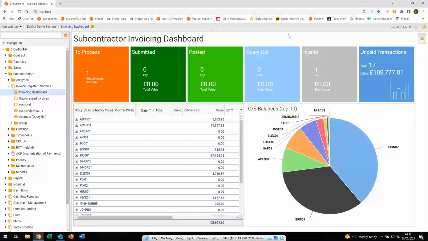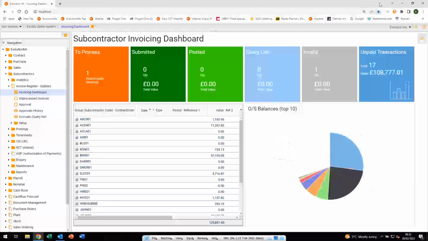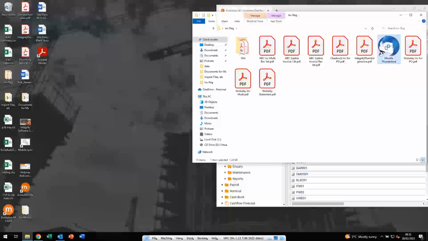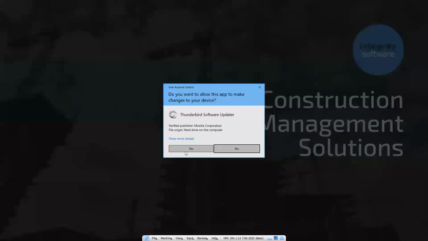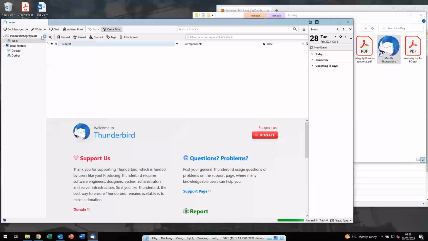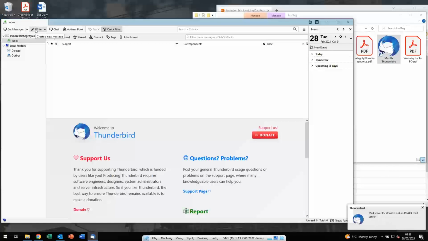So what I'll do first of all, let me just send myself an email so that we can start processing something in a bit more detail. I'll go to a little local email client I've got, fire that up just so it doesn't interfere with my normal emails. It's up to you whether you use a separate email address for the subcontractors and a different one for the purchase ledger, or whether you use the same one. That's part of the configuration or the setup,